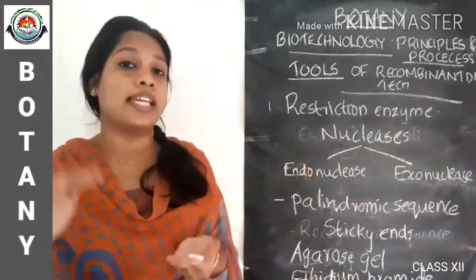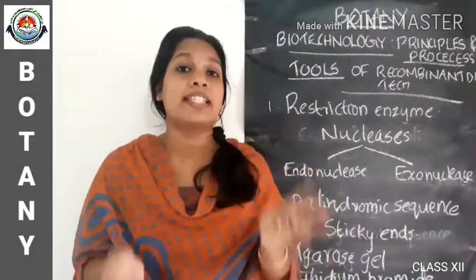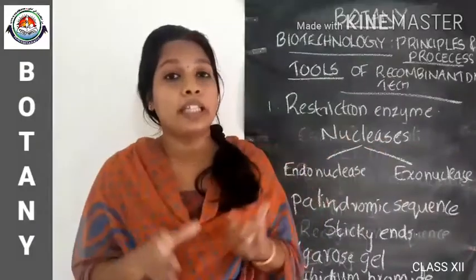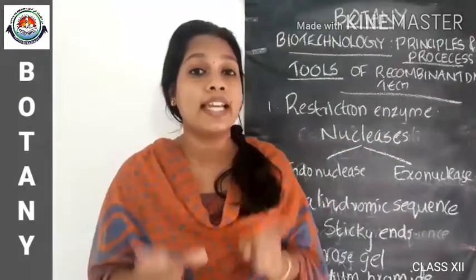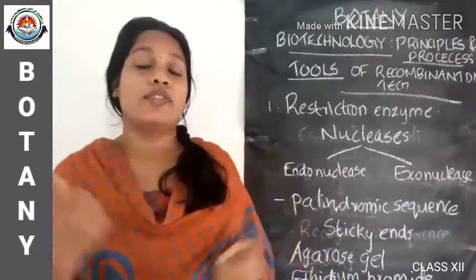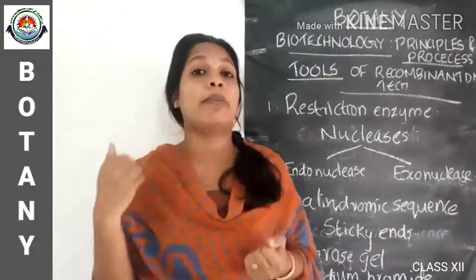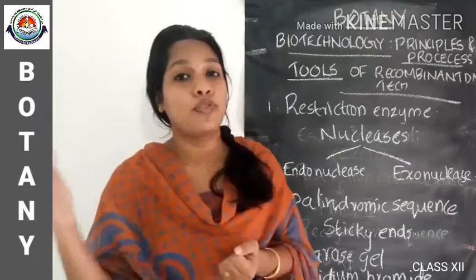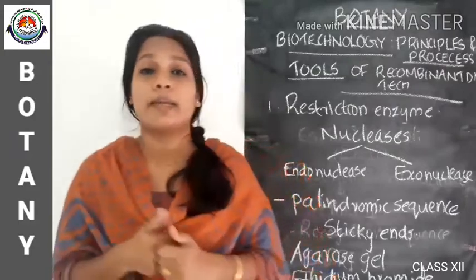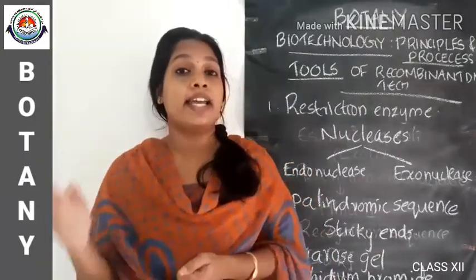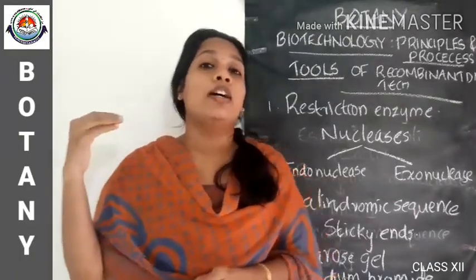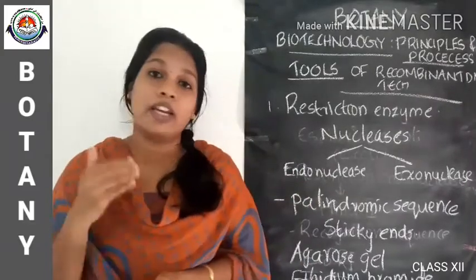And when these two sticky ends of DNA cut by the same restriction enzyme come in contact, they will join together by using an enzyme called ligase. The separation and extraction of the DNA can be done with the help of gel electrophoresis. In gel electrophoresis, agarose gel is used as a medium, and since the DNA is negatively charged, it is attracted to the positively charged anode supplied by an electric field.